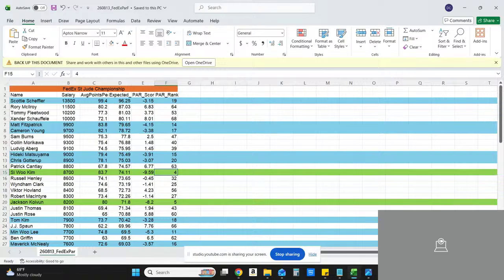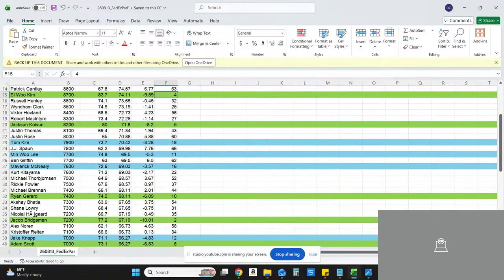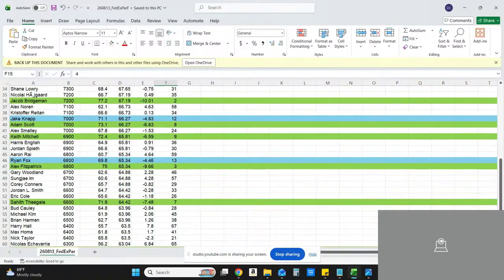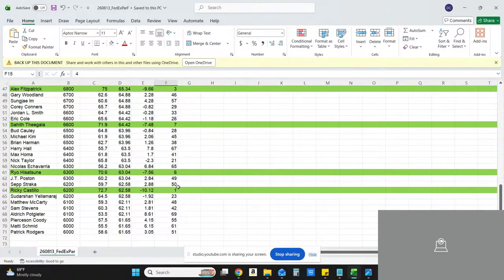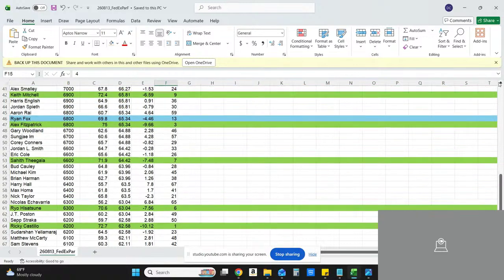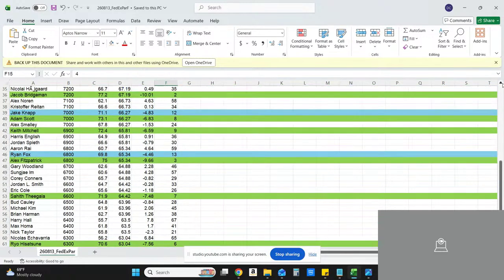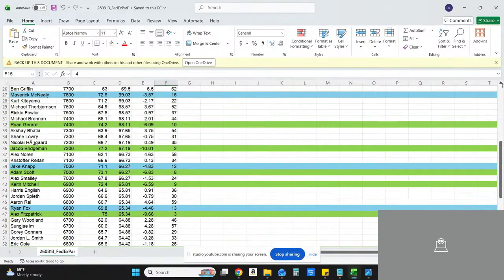The one that we find most egregious and with the most deviation is this player here, and you see a lot of deviation in the lower end this time,